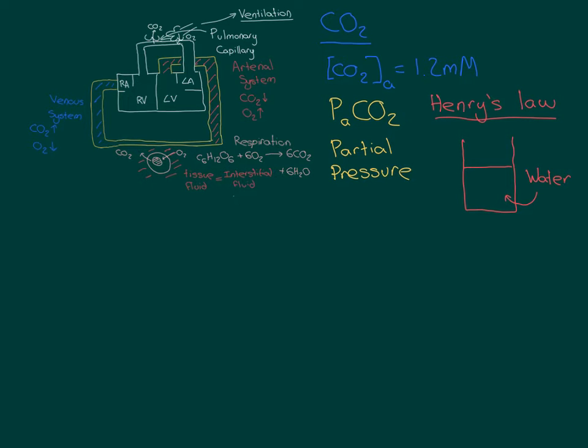So here is the water in blue. But you can see that the water is in contact with gas up here. Here is the air, or whatever gas it's being exposed to. It might not be normal air. Okay? Now, if this gas up here that the water is exposed to contains a certain partial pressure of CO2,